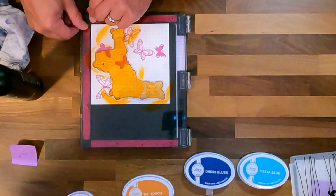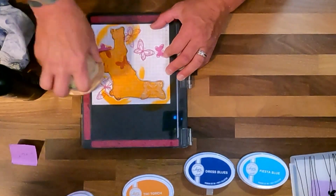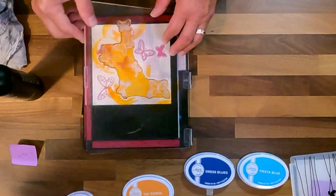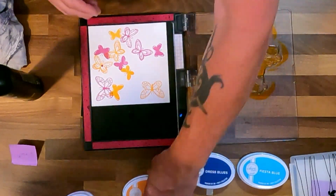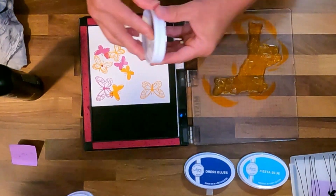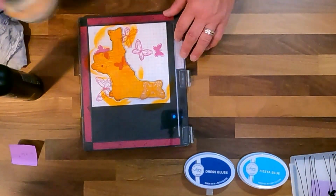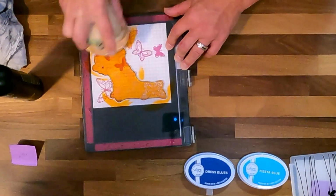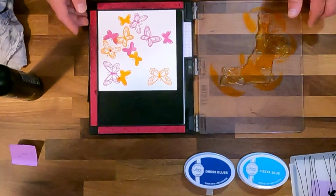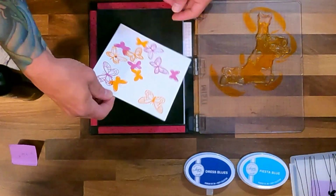And then place it down. I'm not pushing too hard. I'm just getting enough so that the ink transfers. And I'm going to do one more time. Really light coating on that one. Perfect. All right, now I'm turning to the right, okay? So I'm going to go 1 turn